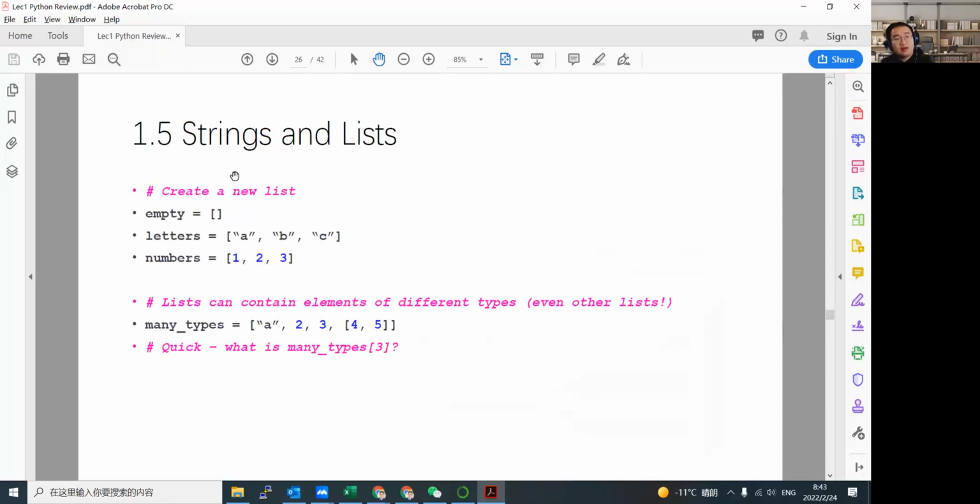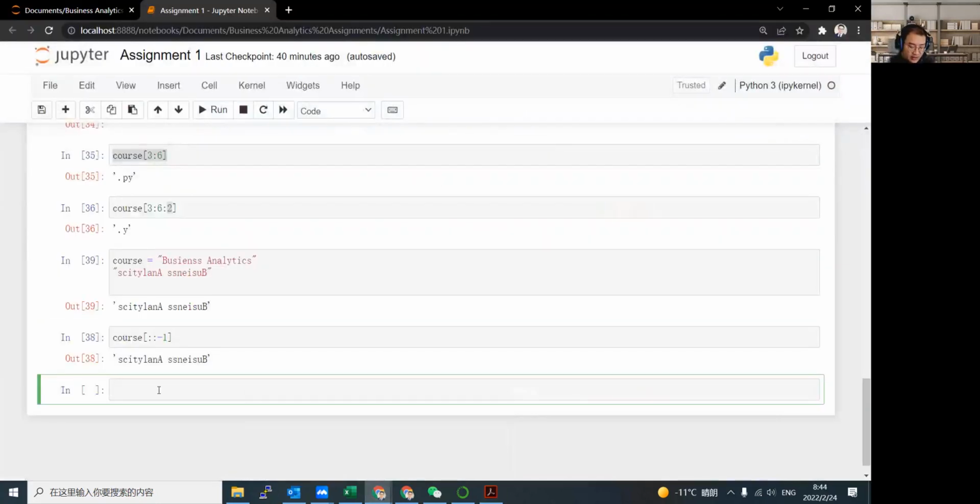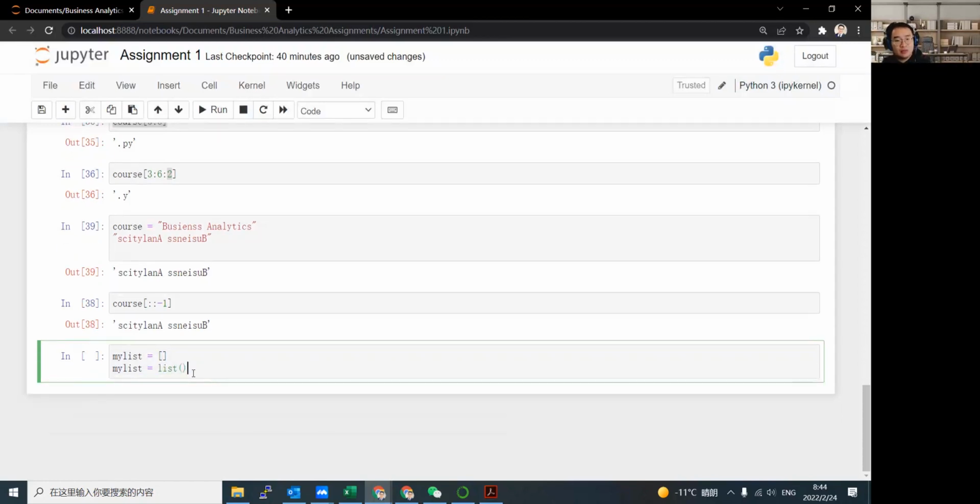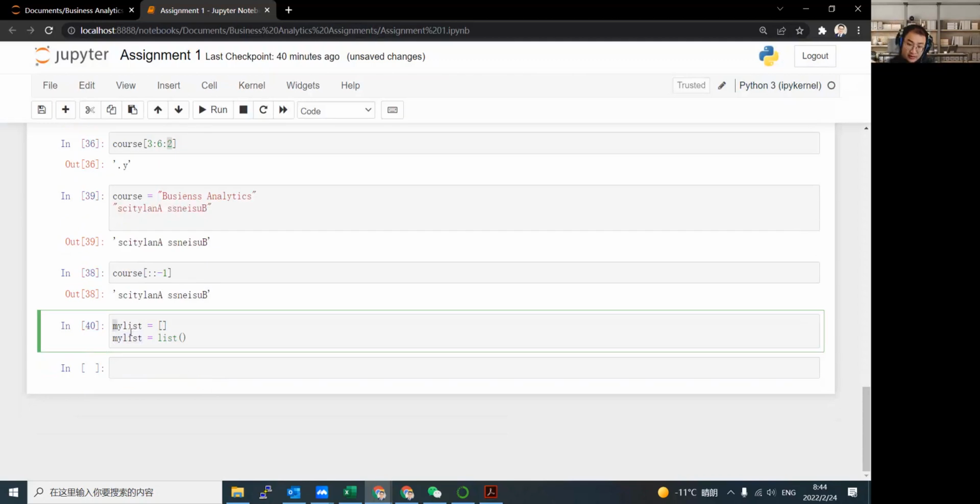So as I keep saying, a string is nothing more than a bunch of characters in a list. We know how to define an empty list. A list has the symbol of the middle bracket, and within the brackets, if we do not type in any element, then that is an empty list. We have two different ways of defining it: my list, we can use the brackets to define it, or we can define an empty list with the constructor. Both are okay. Both are definitions of an empty list. This is an empty list,